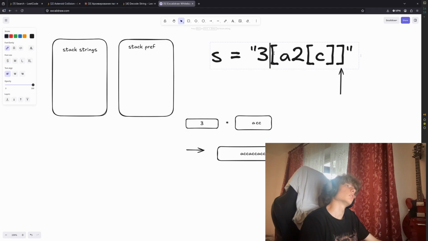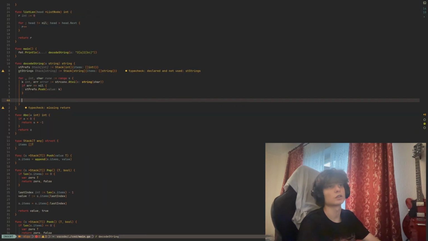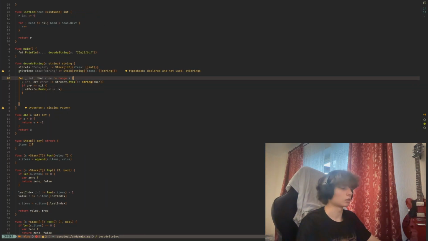We can see the opening bracket, we can see the closing bracket, and we can see the character. So exactly we have three variants here, and I want to